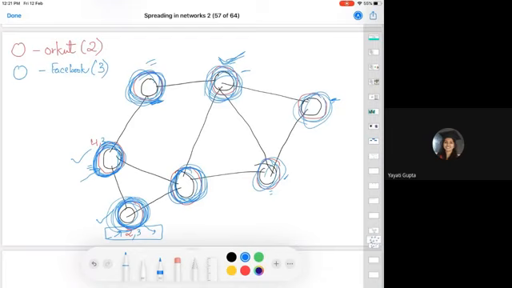So we will actually code that and see all of these examples. So sometimes the entire population shifts, sometimes nobody shifts. And what also matters is which was this first person who initially shifted to Facebook. So we are going to do that with a small hands-on here. So this model is actually called the linear threshold model.